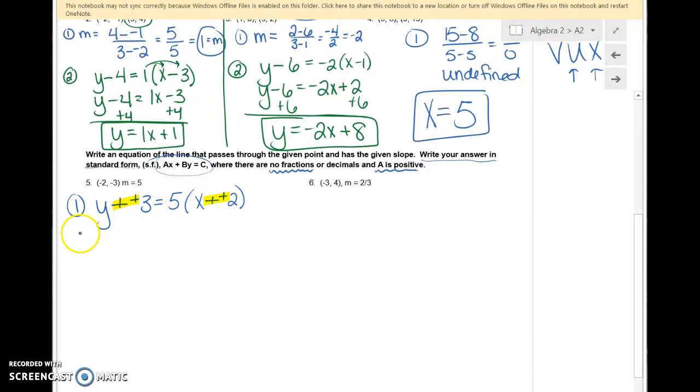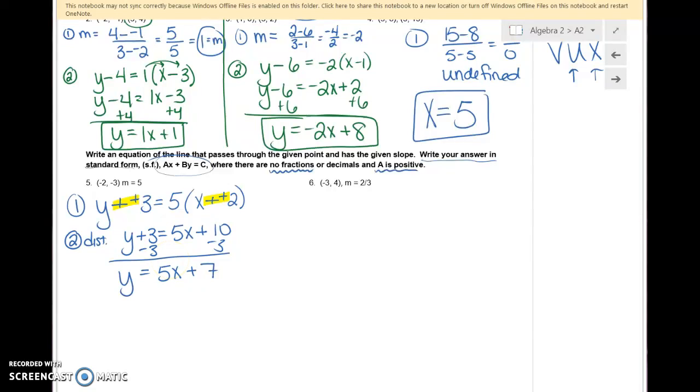Now we distribute. So step 2 is going to be to distribute. We still have y plus 3 on the left. On the right, we would have 5x plus 10. Ultimately, we want it to be x and y on the same side and the numbers all on the right side. So we're still going to subtract 3 on both sides. Once we have it in this form, y equals 5x plus 7, if they wanted the answer in slope-intercept form,